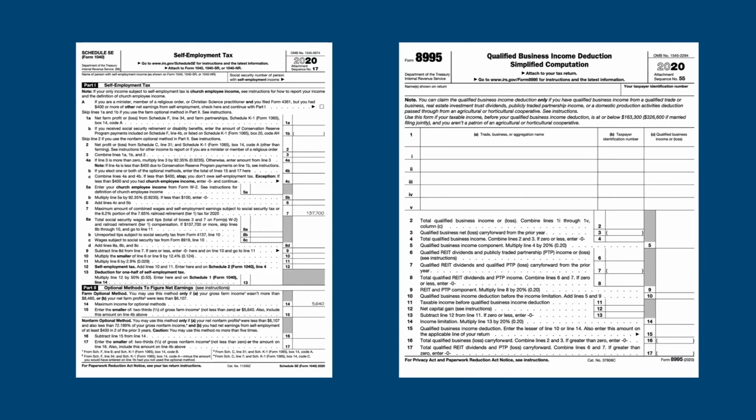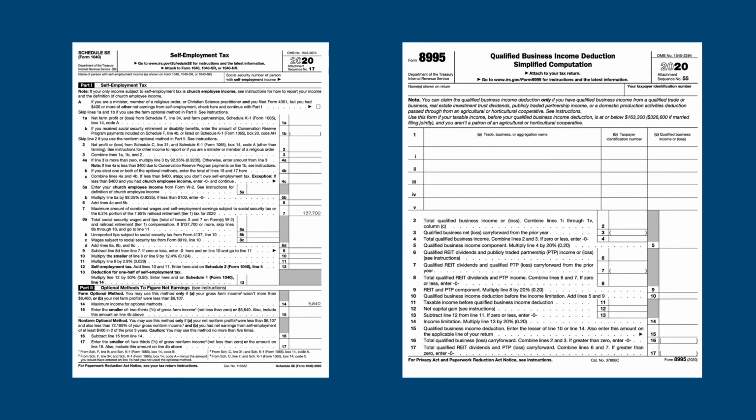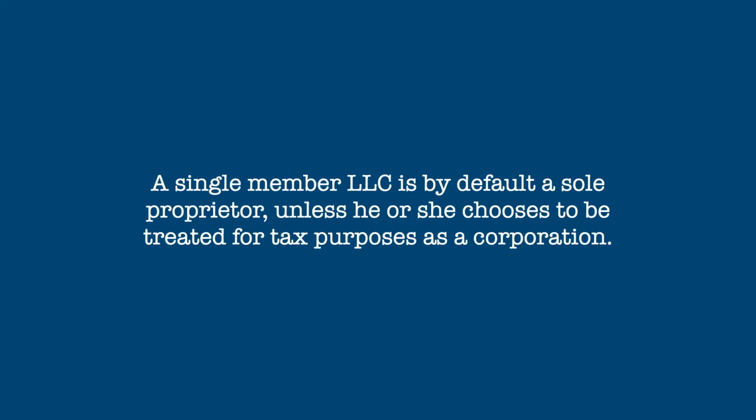The net income from the business is also used to calculate self-employment tax and qualified business income deduction. Self-employment tax and qualified business income deduction are discussed in more detail in other videos, which are linked below. A single-member LLC is by default a sole proprietor, unless he or she chooses to be treated for tax purposes